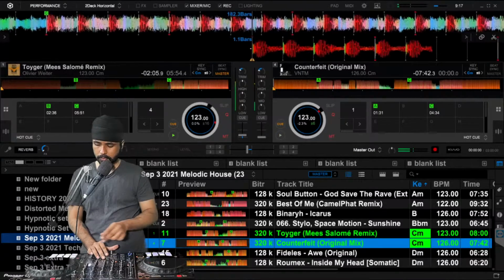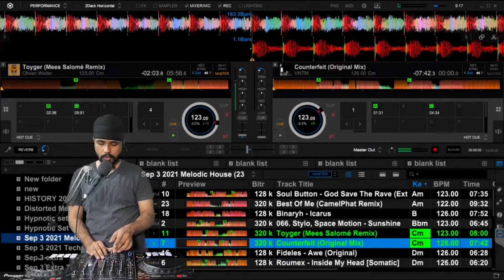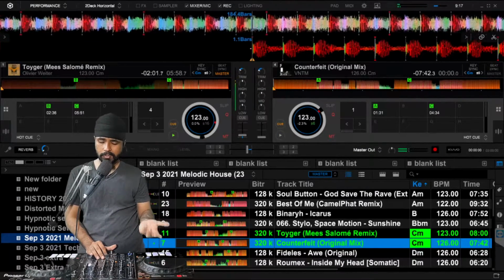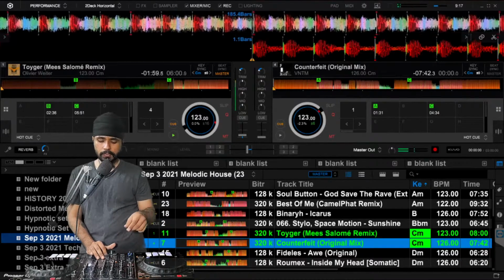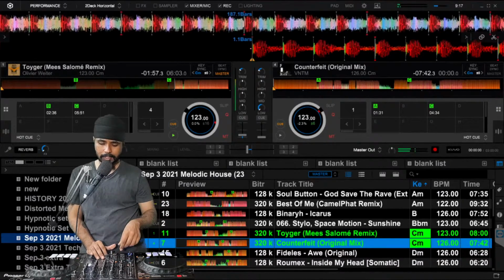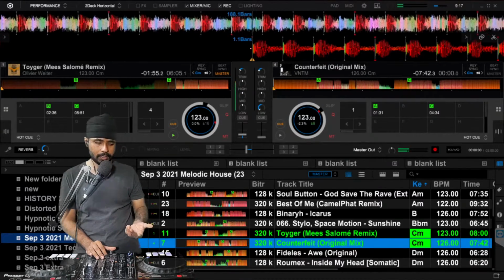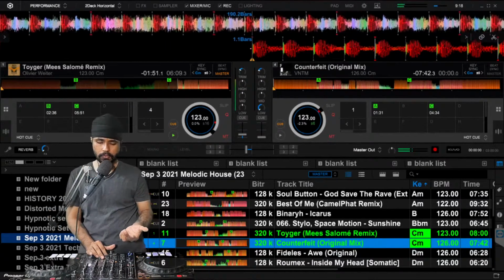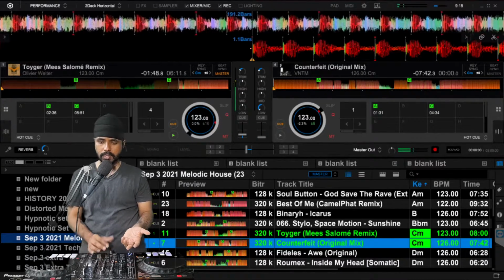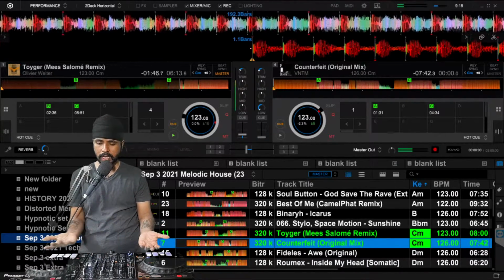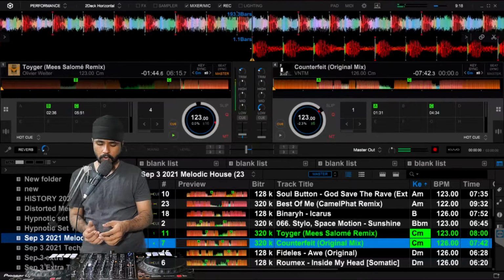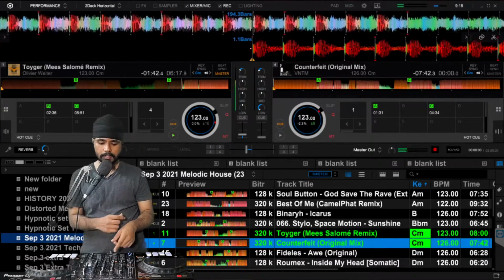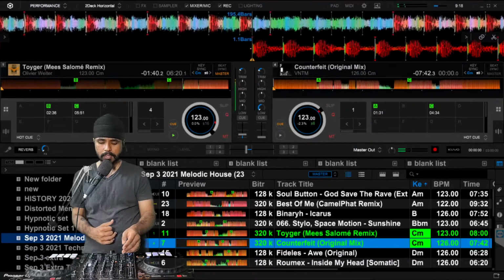So what I did over here is very simple. When this song started playing, and when I was done with the beat matching, first I cut the low of the next song, this deck 2 song, which I'm going to bring in. It's very simple. Why did I cut the low frequencies of that? Because I don't want the low frequencies of this song to clash with the low frequencies of the second song. So whenever I'm mixing, first I cut the low frequencies of the song which I'm going to bring in,